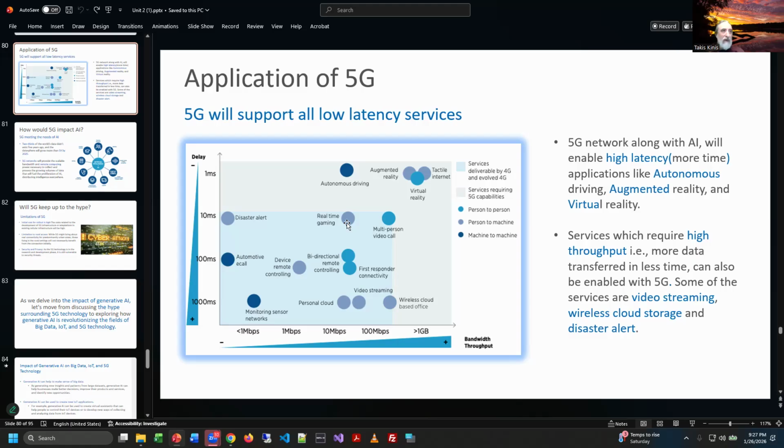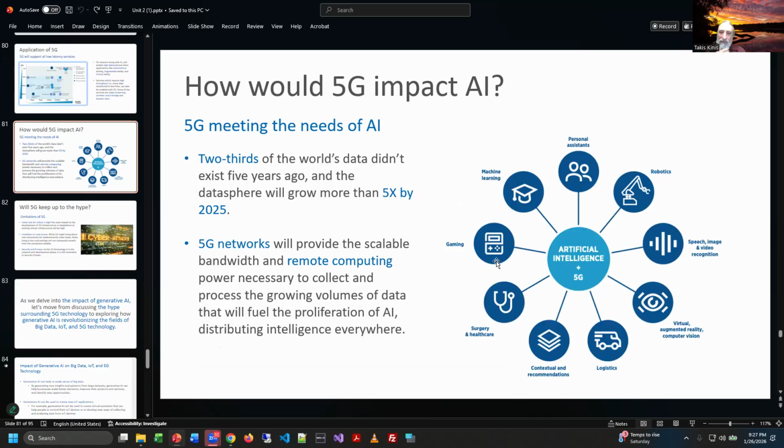Look, gamers get this, right? Because when you play a network game, you're always looking for the server that's got the least latency, because that way when you shoot somebody or do something in that environment, it happens that much faster. You don't want a 1 second latency, that would be horrible, right? So there will be a really huge impact, right?